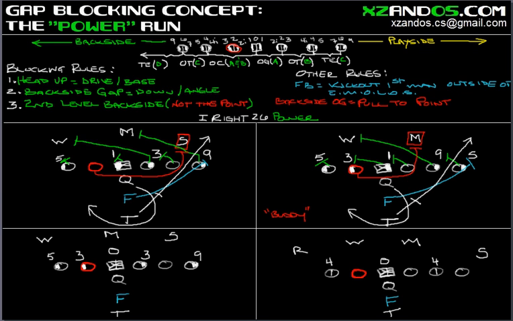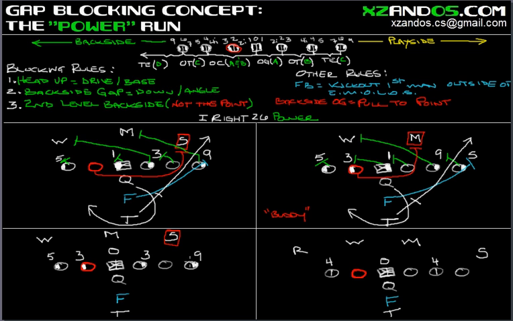Let's move down into this, which would be a 53. So now we have an 8-man box. These were both 7-man boxes, so now we have an 8-man box. We can still run our power play. So there is our point,